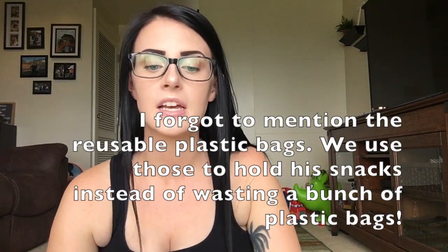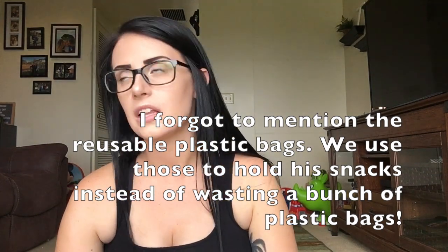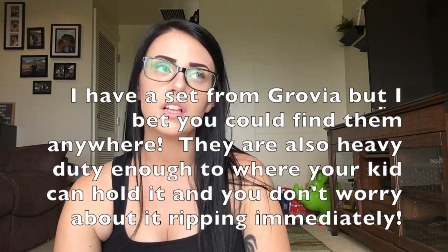So as a last ditch effort, if your kid's being crazy, always have an on-the-go bag along with your snacks. Which brings me to my next thing. I have a lot of snacks written down, his favorite snacks. He really likes veggie sticks or the veggie straws, and he really likes apple slices, cheese sticks, clementines, Cliff Bars,